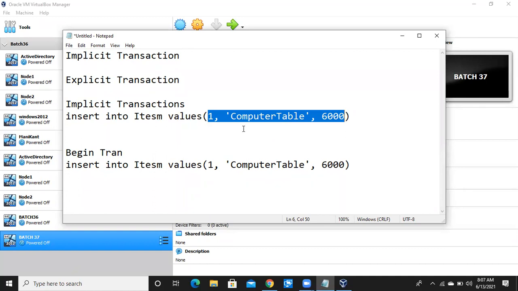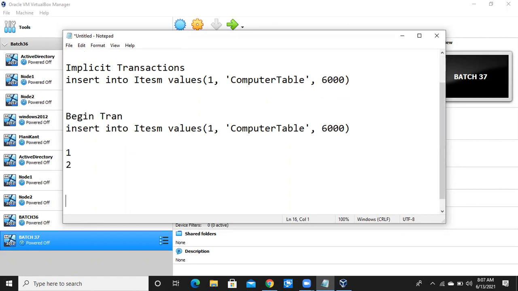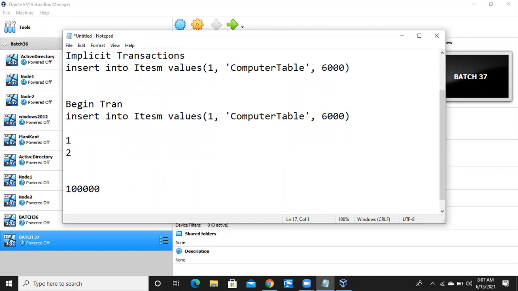Imagine I gave begin tran, and then I gave all 1 lakh transactions, 1, 2, 3 like that, but still I don't give commit. All 1 lakh transactions are uncommitted transactions only. Those transactions will be saved inside your log file. They don't go to the data file. Once they go to the data file, then only the data will be stored permanently. In the data file, we cannot call it a transaction, data will be there. In the log file, transaction will be there.